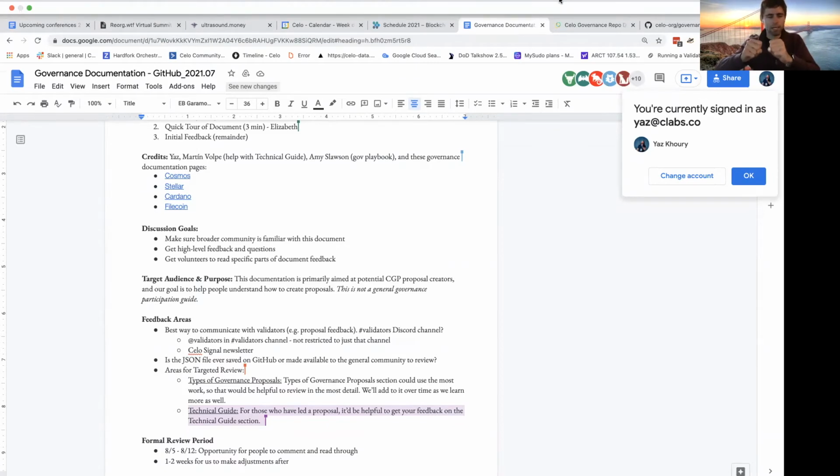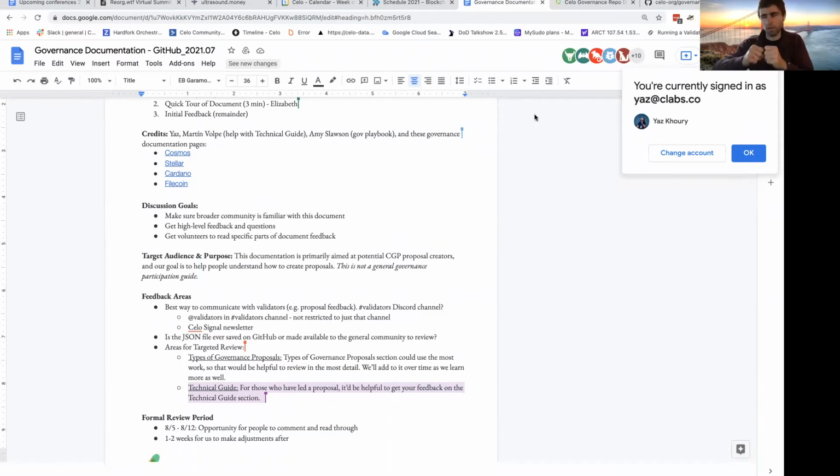The second section is the technical guide section, because this is the nuts and bolts of actually going through the process of putting together or championing a proposal. So we want to make sure that we have that right. Is there anybody who'd be interested in giving those sections, either one of them or both of them, a read through?